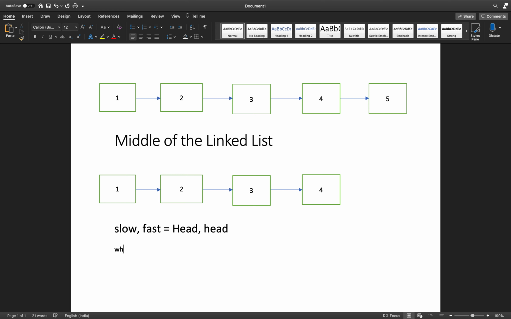I'm doing it in Word because I just want to share this. We just check if first dot next is there and first dot next is there. If this is there, then we can check for the slow and fast pointer movement. So slow would be slow dot next